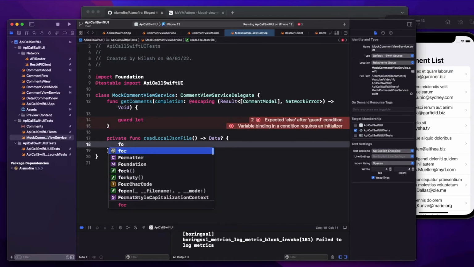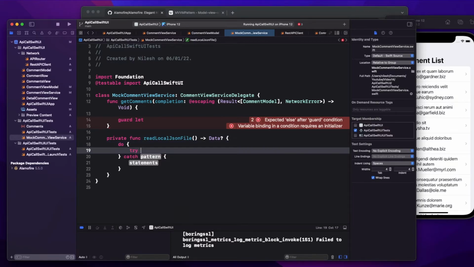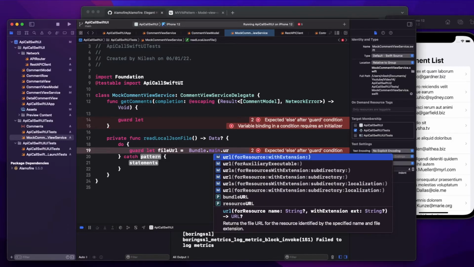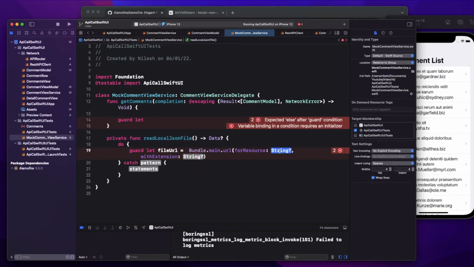So I'll take a do catch block, and here we have to first take the URL. So file URL equals to Bundle dot main dot URL for resource, we have to give the file name.